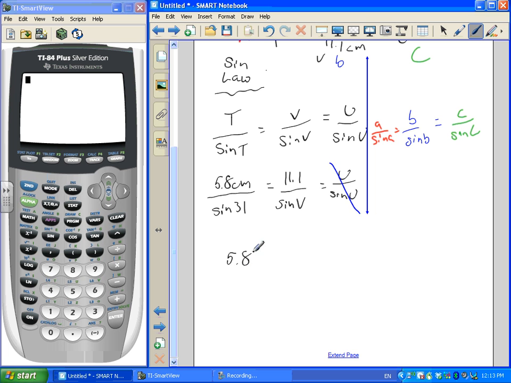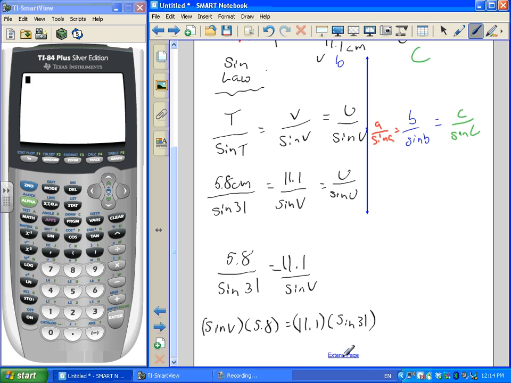So 5.8, you don't need to write centimeters in. I'm not sure why I did. Equal to 11.1 over sine V. Now again, I'm trying to isolate V. So in this instance, hopefully you guys remember this from the last one, I'm going to cross multiply. I don't want to deal with fractions anymore, which means I take the bottom of this fraction, bring it over there, take the bottom of this fraction, and bring it over there. So this will read sine V multiplied by 5.8 is equal to 11.1 multiplied by